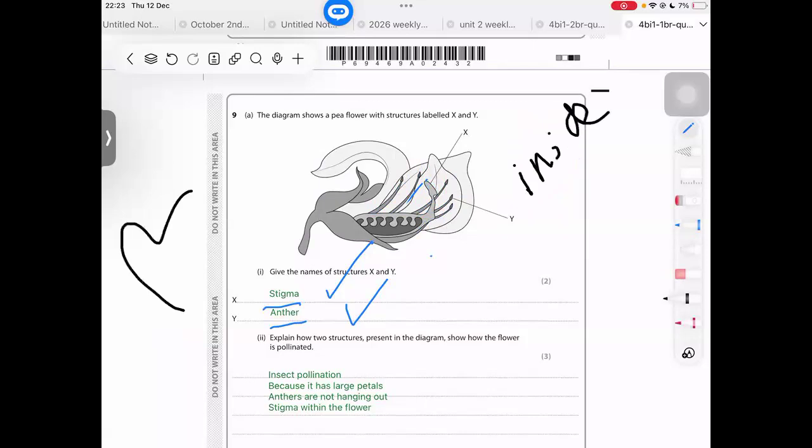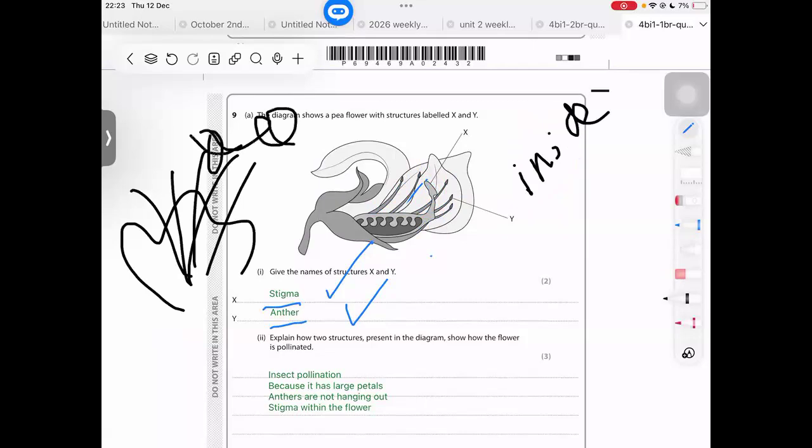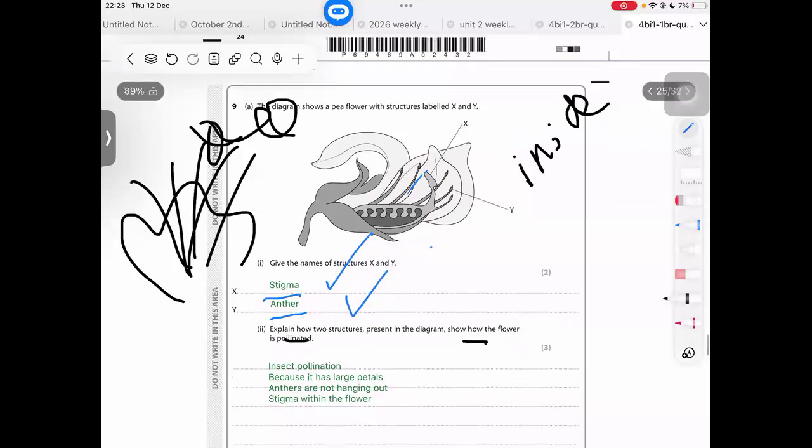Usually, anthers and stigmas are outside in a wind pollinated flower, because then the pollen in the anther could be easily carried away by the wind. But this time the anther and the stigma are inside. That indicates it's an insect pollinated flower. So how is the flower pollinated? First mention that it's pollinated by